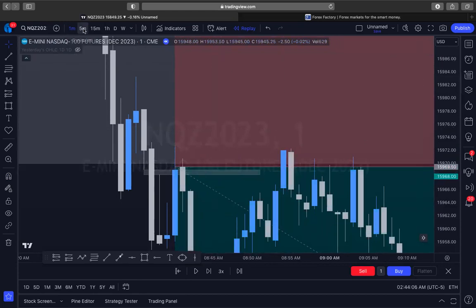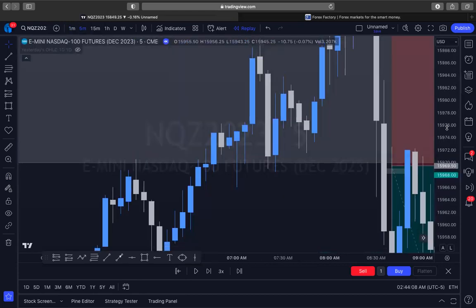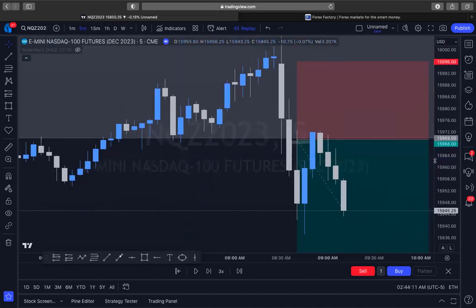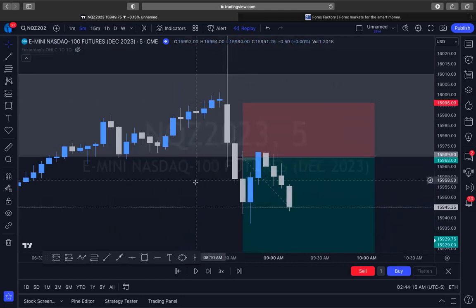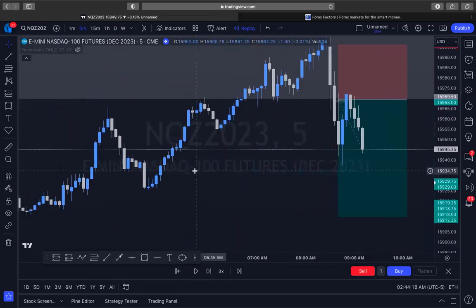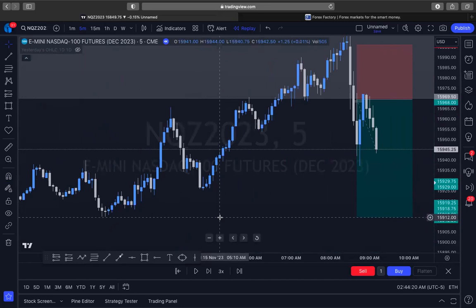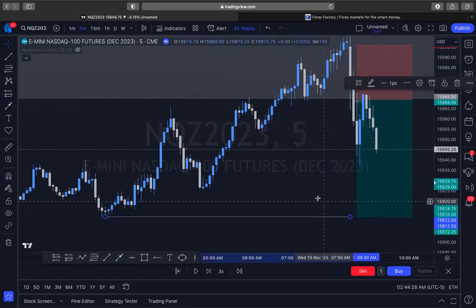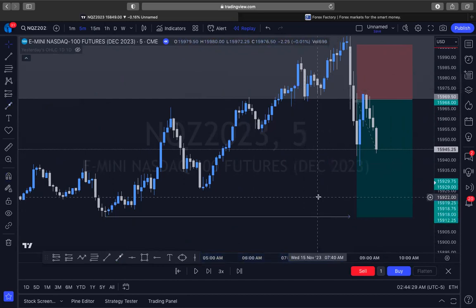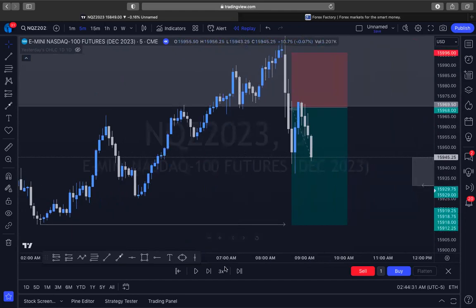If we look a little bit higher just to see what we were targeting as far as TP, you'll notice that my stop loss was right here at the top of that candle. And what was I targeting? These lows right here. If you look to the left, this is my target right there. I was looking at that as sell side liquidity. And if we look to see how that played out, you can take a look right here.